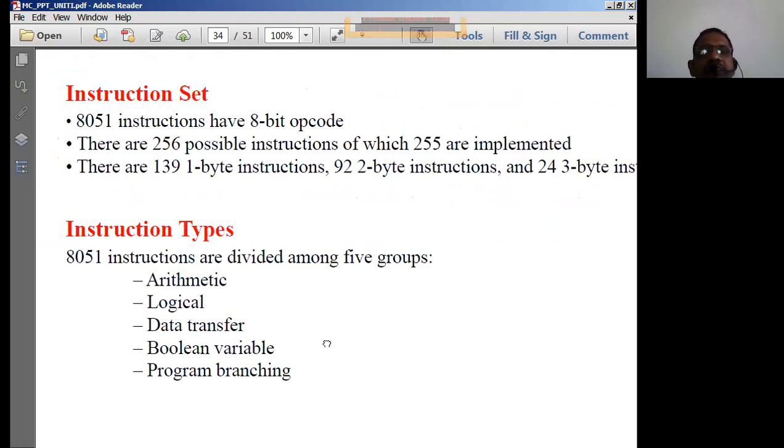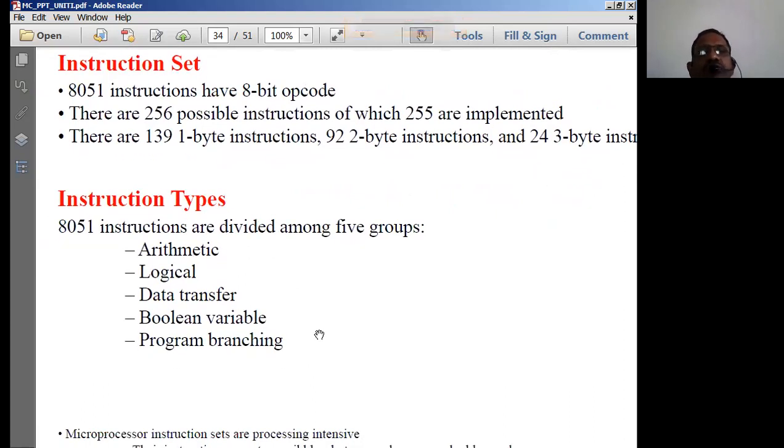Then let us examine the instruction set of the 8051 microcontroller. As I said, the 8051 is an 8-bit microcontroller. Because it is an 8-bit microcontroller, the 8051 instruction set has 8-bit opcodes.